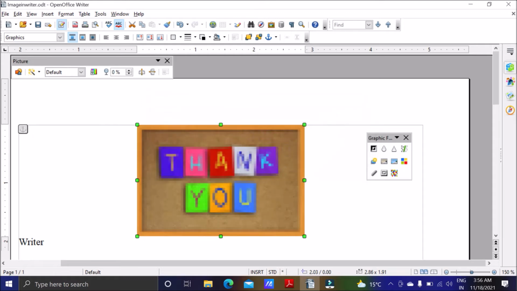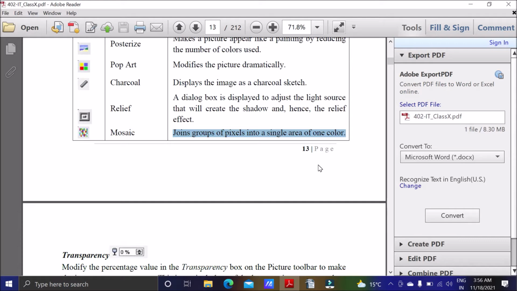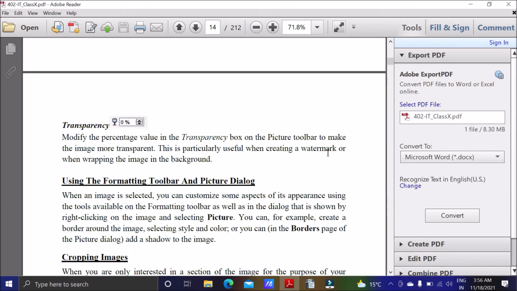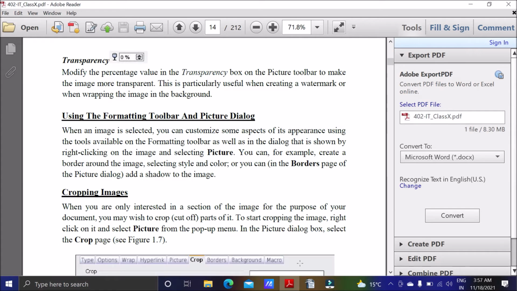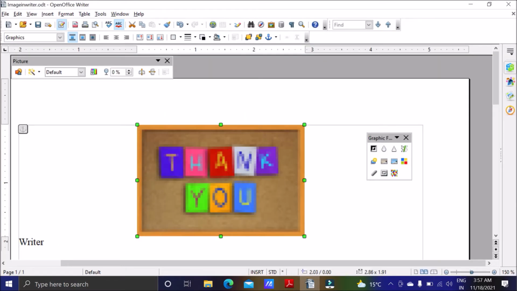Not that much clear because all the pixels have been grouped together. So these are the different effects that we can apply to any image. Next we have transparency. Let's change our image to its original position.